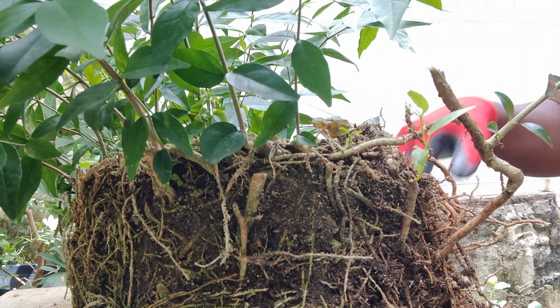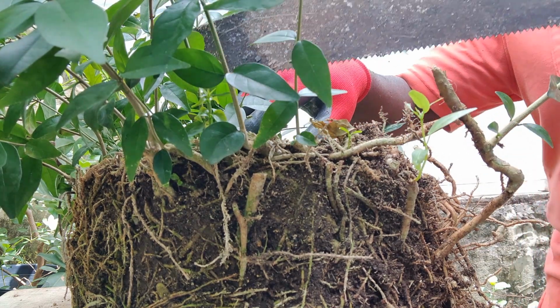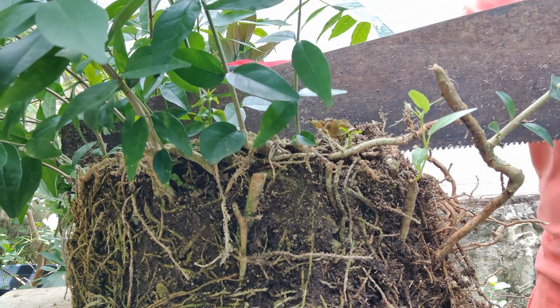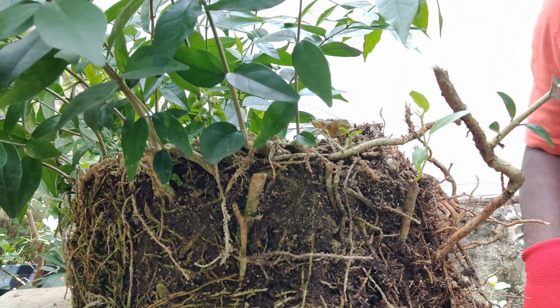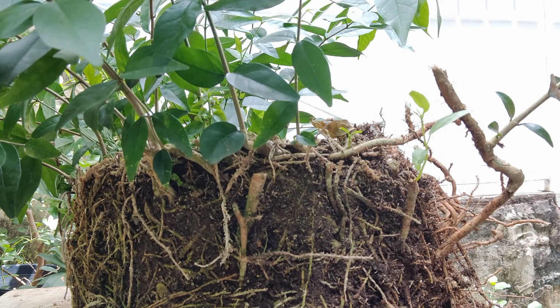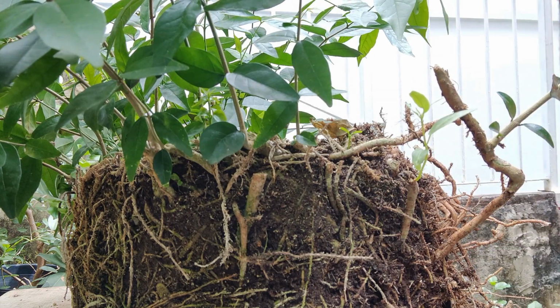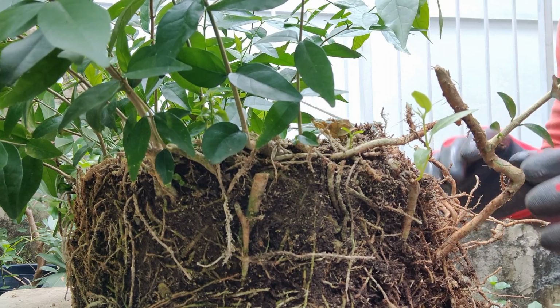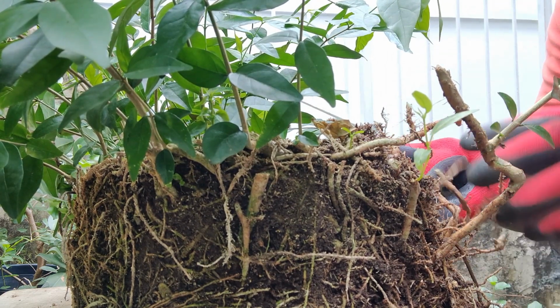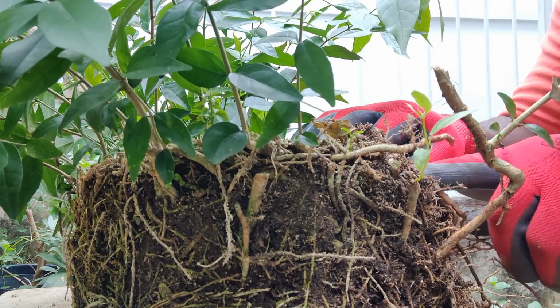And what I'm gonna do, I'm gonna cut this in half like this and see if that will make life any easier. Hopefully, I was hoping not to do that because I wanted to maintain as many of the roots as possible. But